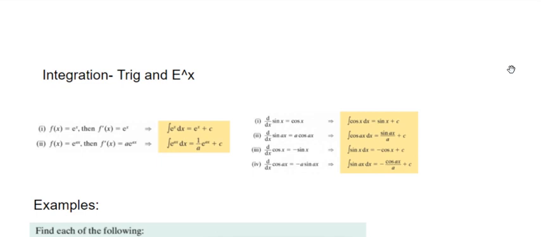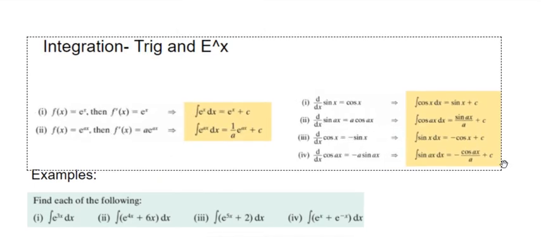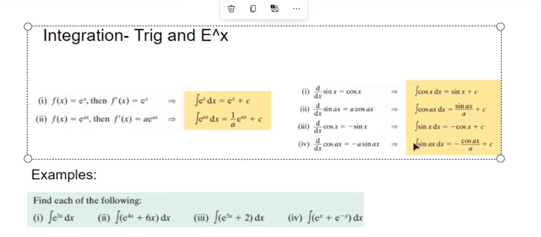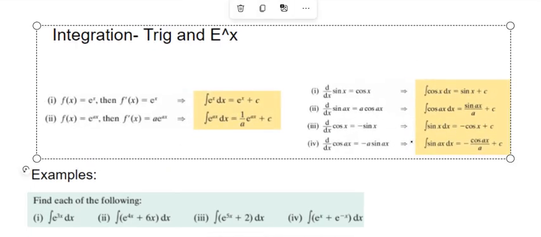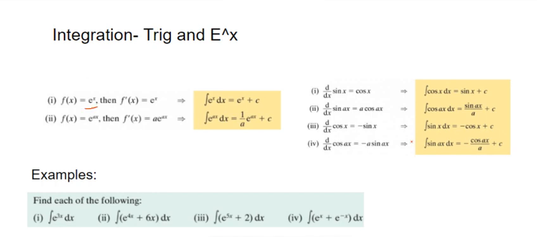So this breaks down a little bit of the rules then. So you see e to the x, then it's the yellow boxes that are the integration. So e to the x changed to e to the x plus c. If you're integrating e to the ax, it will always be 1 over a, so whatever the differential in the power is, e to the ax plus